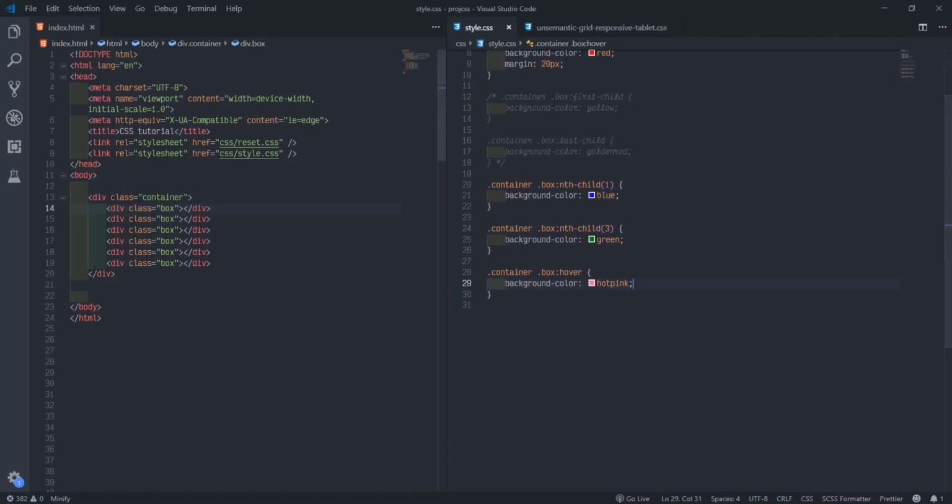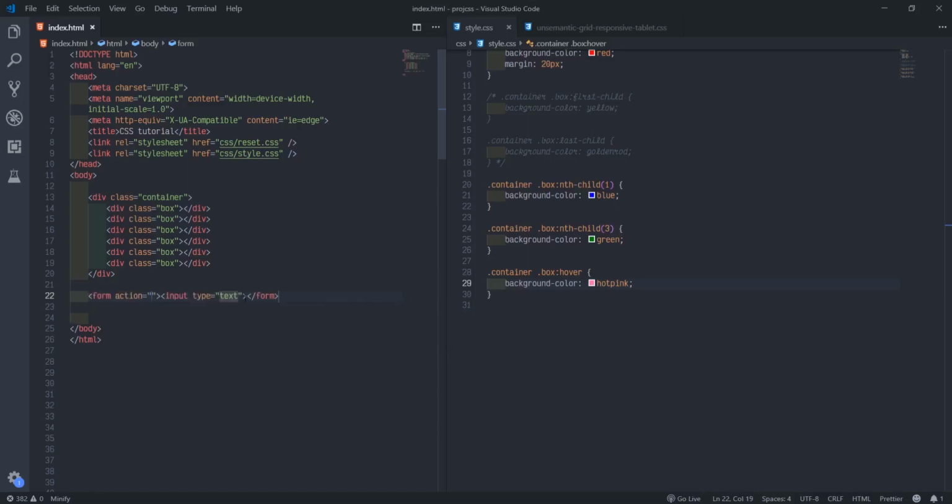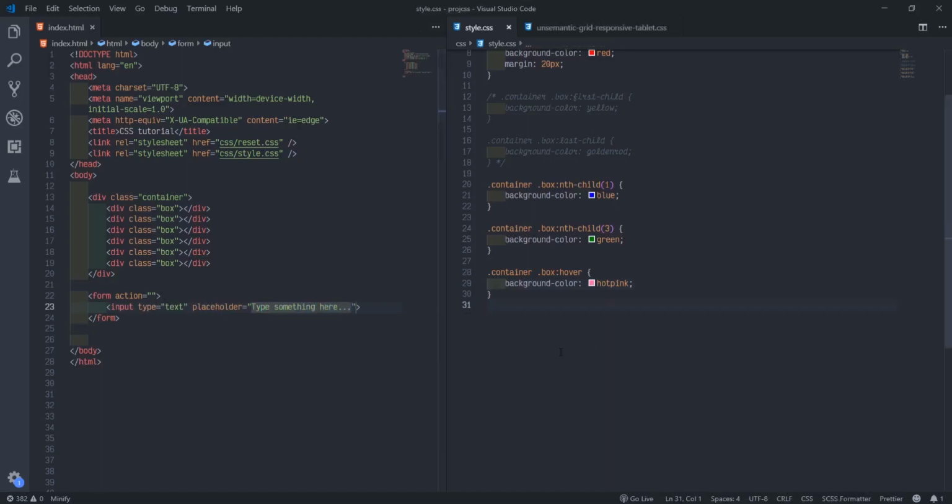In fact, to do that one, I'll demonstrate with the input field. So I'll come in and say form. Inside this form, I want an input. So I'll just break this one down, then break this down. So I'll say this input now. I'll put a placeholder inside because I will do placeholder too. I'll say type something here. Then the input inside the form.